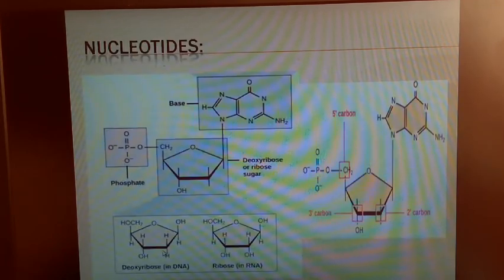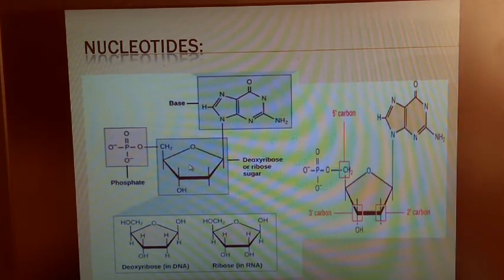Okay, likewise. There is a possibility of the phosphate group being attached on the third carbon atom. First on the fifth, and second possibility of phosphate group to be attached on the third carbon. And if three phosphate groups have to be present, there is a very small chance of a phosphate group attaching on the second carbon atom also. So most commonly we have observed fifth and third one.